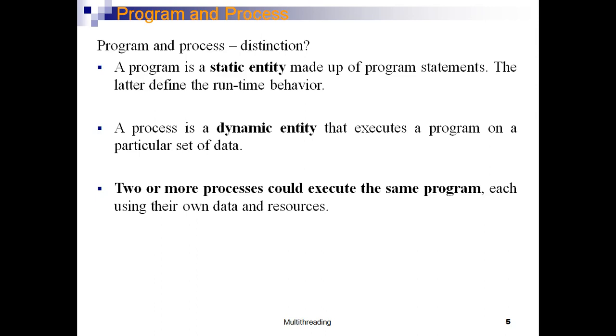This process control block consists of the details of the program that is going to be executed: its ID, priority, whether any subprograms exist, what the control is, and these kinds of things will be saved in the process control block, and this process control block will be saved in the CPU registers. And when another program is going to be picked up, the first program's PCB will be saved into the CPU registers, and the next program will be picked up.